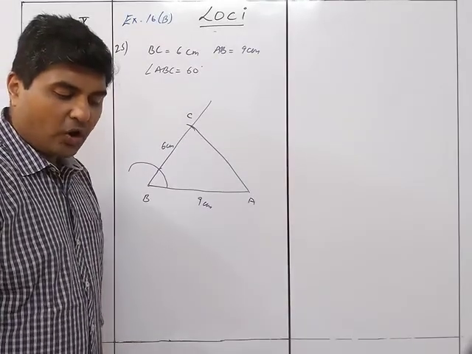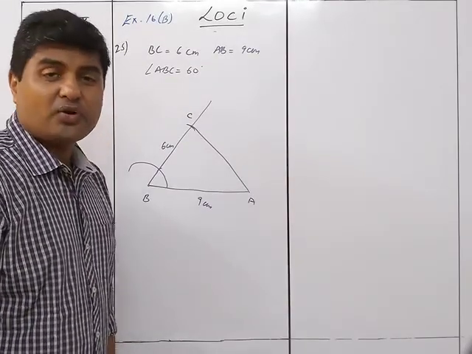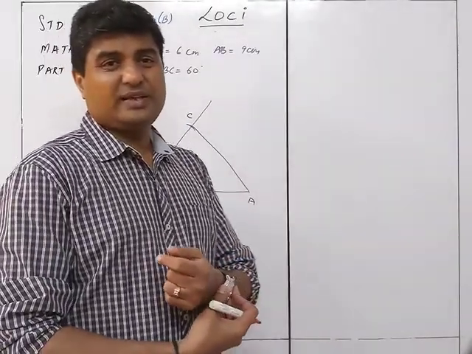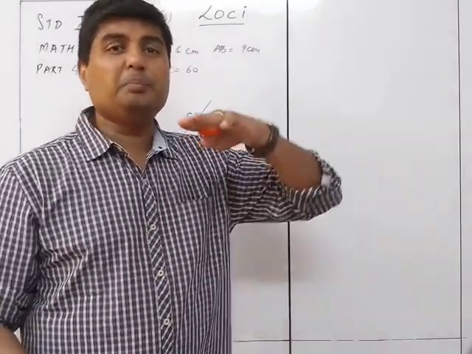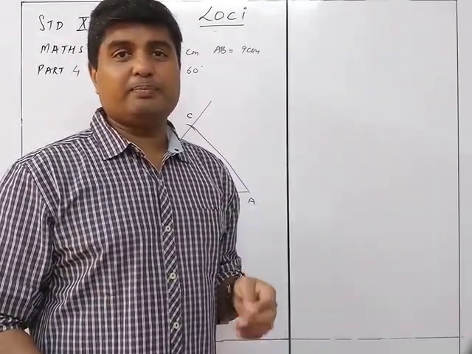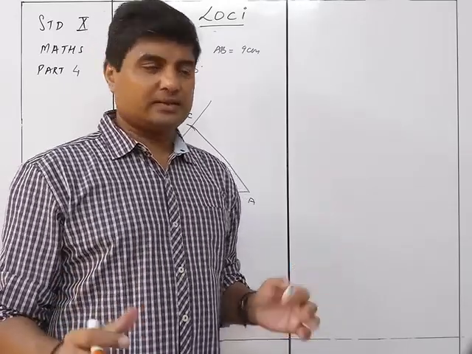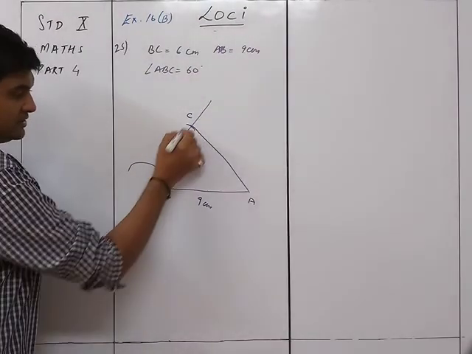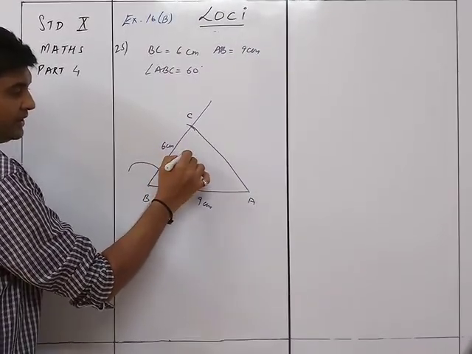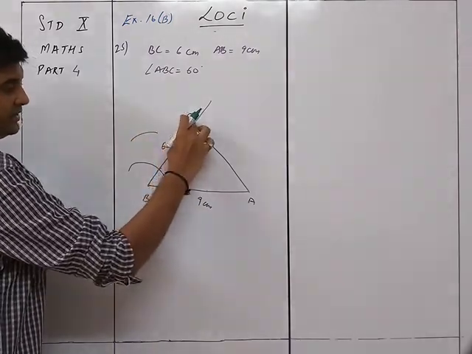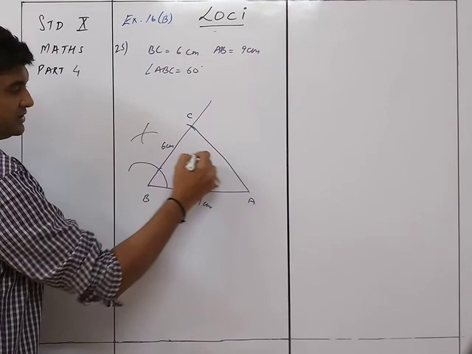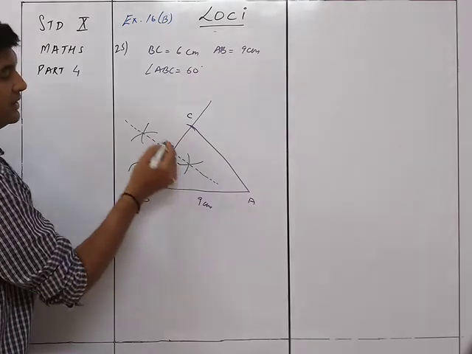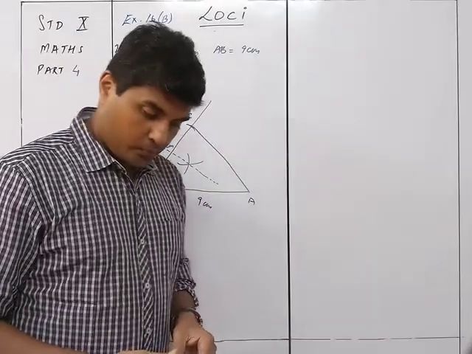Now construct the locus of all the points inside the triangle ABC which are equidistant from B and C. Equidistant from B and C. Now the moment I saw this, I could have easily taken BC as the base. By taking BC as the base, making the perpendicular bisector seems a little easier to me. Anyway, we can draw it now also, not a problem. So we start from here. This is the line. From here you take more than half a radius and cut an arc, and cut an arc on the other side. Take the same radius and cut an arc on this side. So this over here is the resultant locus as per question number 2.